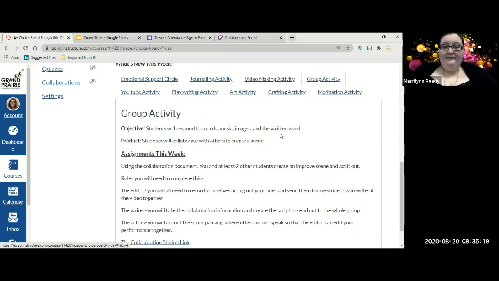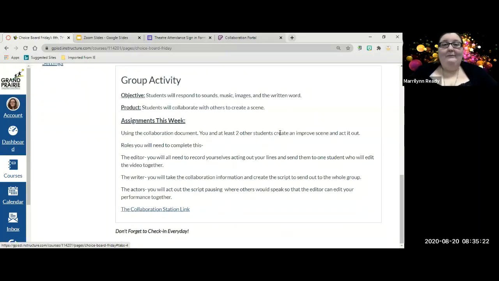Group activity. Now, I have a collaboration station link. Yesterday, we talked about collaboration, and I showed you a document under Green Room. This is not where you are going to collaborate for this particular assignment. The Green Room is for collaboration in class based on assignments or based on social activities. Collaboration Station